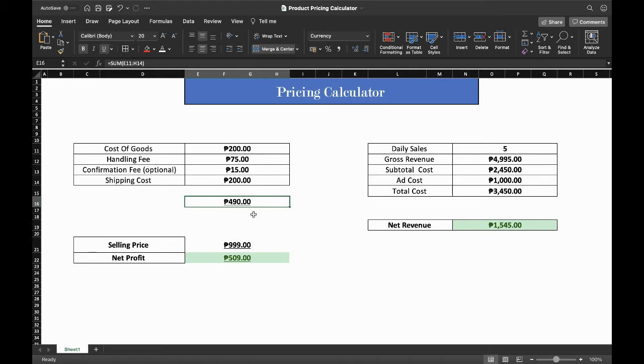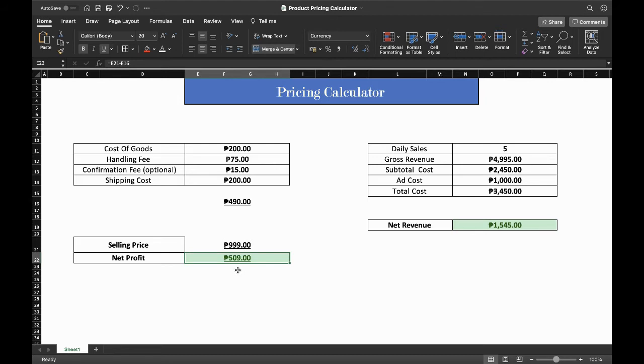That is the cost to sell this item, have it packed, and have it shipped and delivered to your customer. All right. So how are we going to price it? Well, I have a rule of thumb that I do not sell an item that I can't get a minimum of 500 pesos profit, after I've accounted for the cost that I've just laid out in front of you. So for example, if my total cost to sell this item is 490 pesos, then my minimum selling price is going to be 999. Because if it's 999, then my net profit becomes